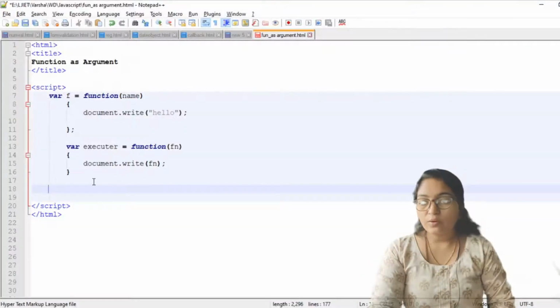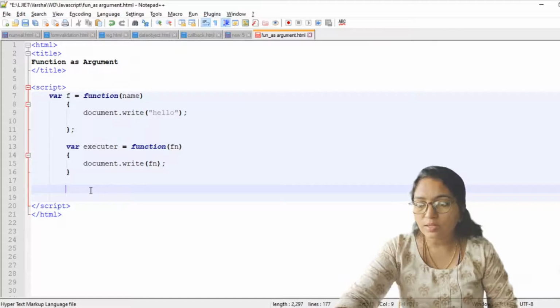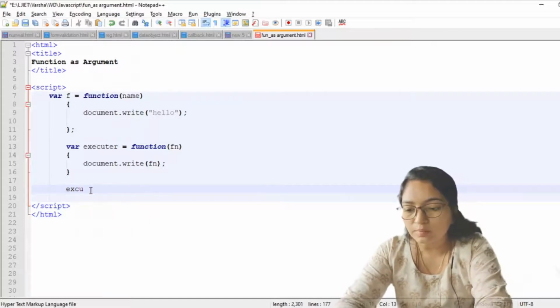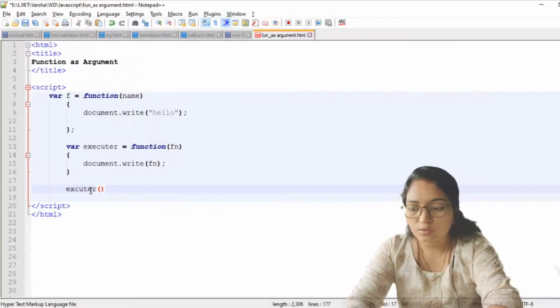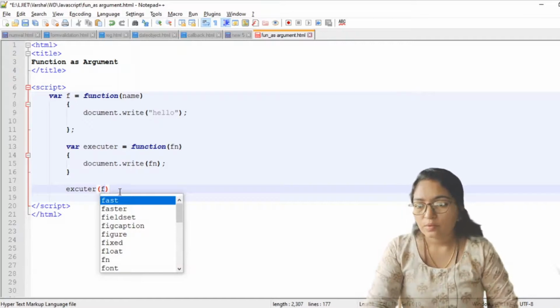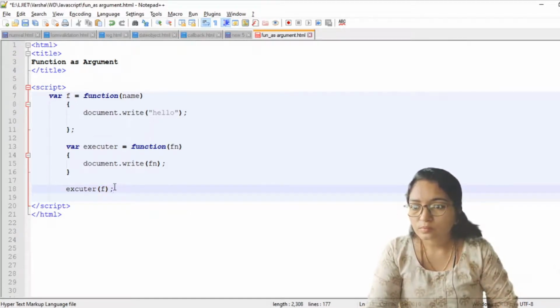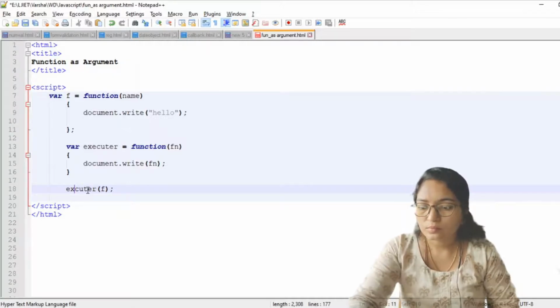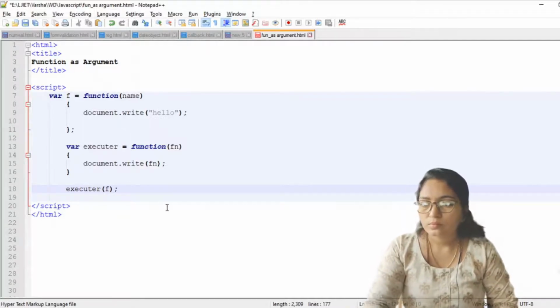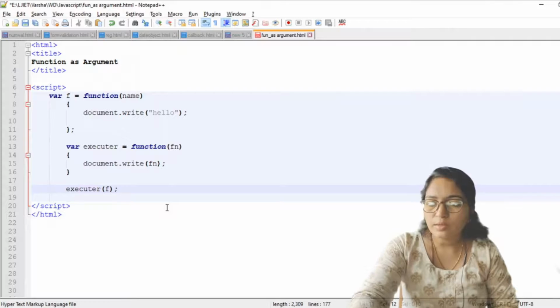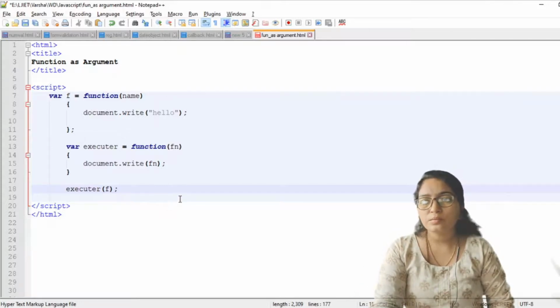Okay, sorry, we have not written executor f here, that's why it is not showing anything. Executor f. Just save it and execute this. Here you can see it will print everything as it is, but now we just want to see this hello.